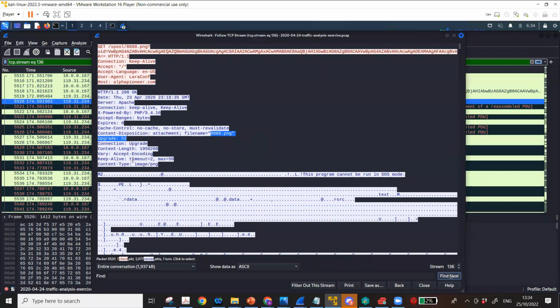Now, it does show that the file type is PNG here in the content type, but if you look here somewhere, you actually can see that it says that this program cannot be run in DOS mode. And whenever you see something called PE, this means that it is an executable file. So there is a kind of a mismatch going on here,